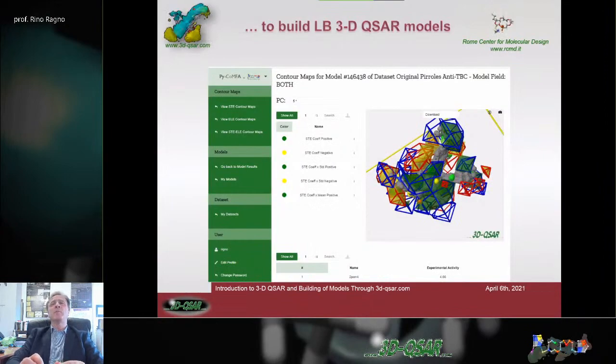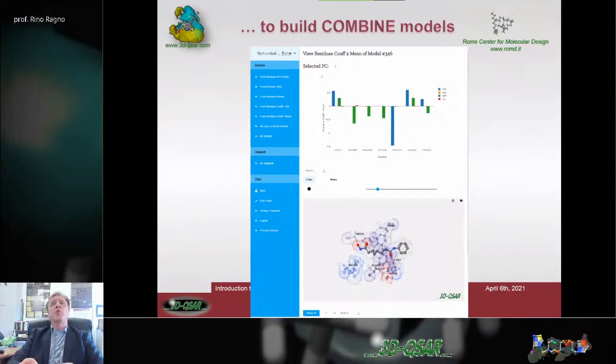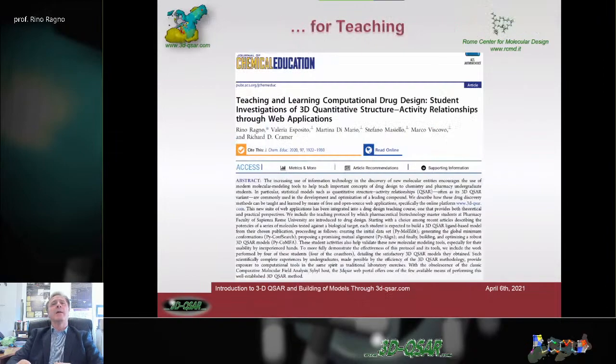Then we have the possibility to make 3D QSAR models, finally you would say, with the possibility to choose several probes and several other settings that I'm going to show you later. Then we have the combined models. This is a quite new way, a full 3D structure-based model. It is a variation of 3D QSAR where the grid is no longer a virtual one, but is actually the receptor around the molecules. And then the site is also very much used for teaching,